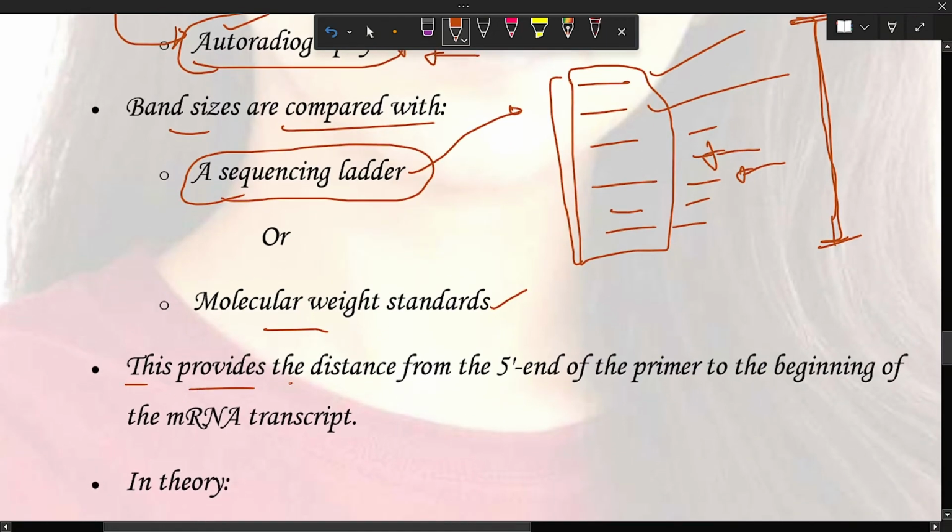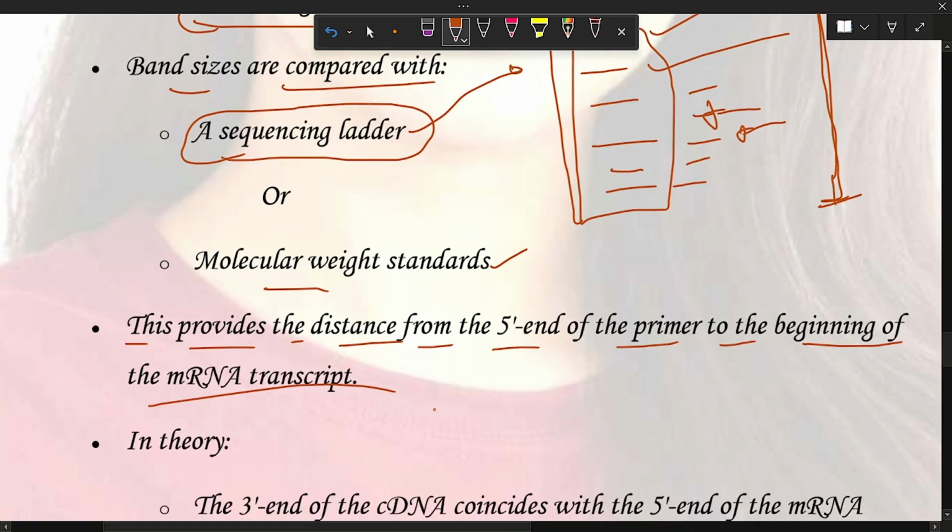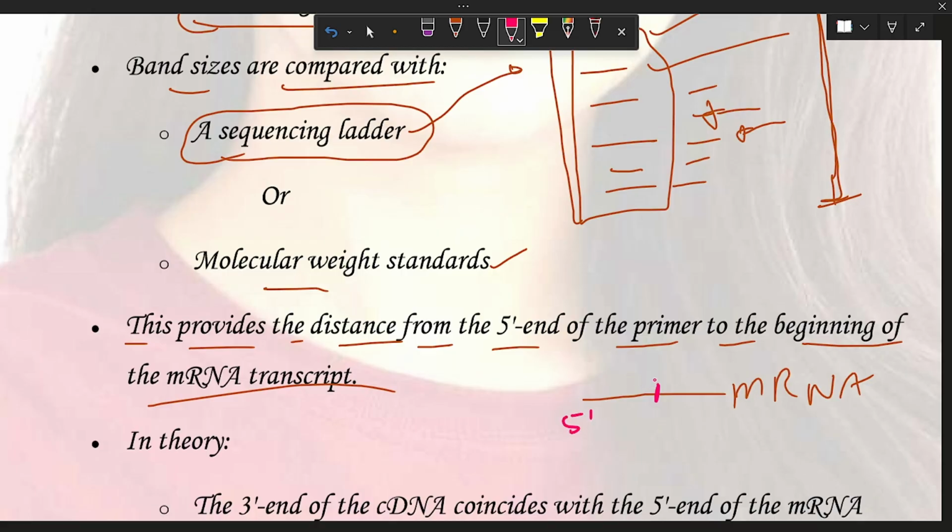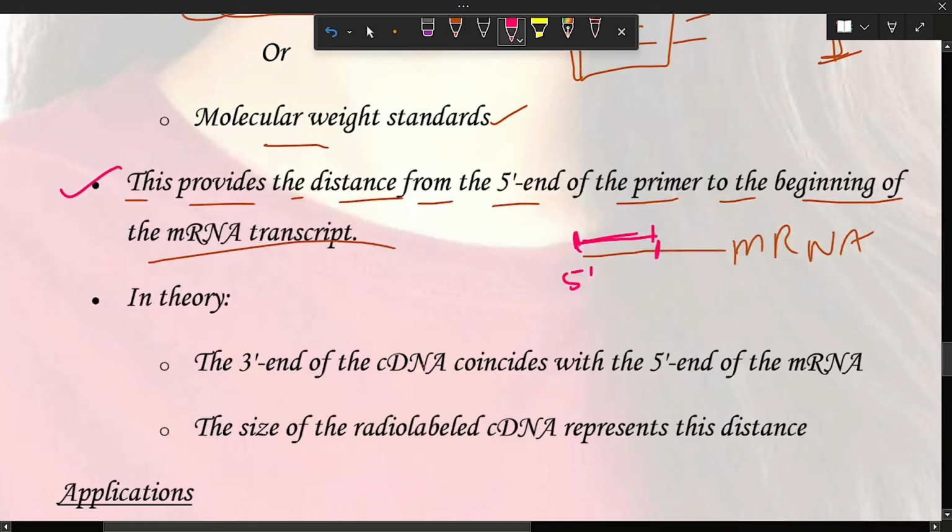This provides the distance from the 5' end of the primer to the beginning of the mRNA transcript. Here is an mRNA strand; we use a primer to attach somewhere in the middle, and the distance from the middle to the 5' end is measured in this procedure.